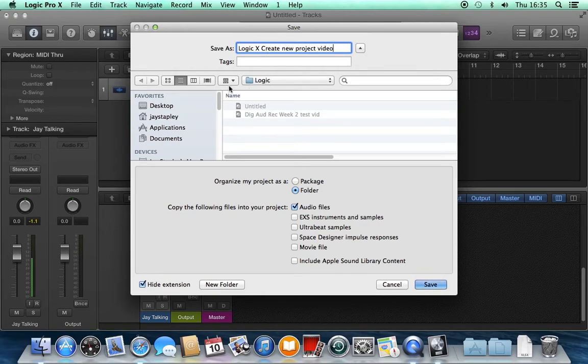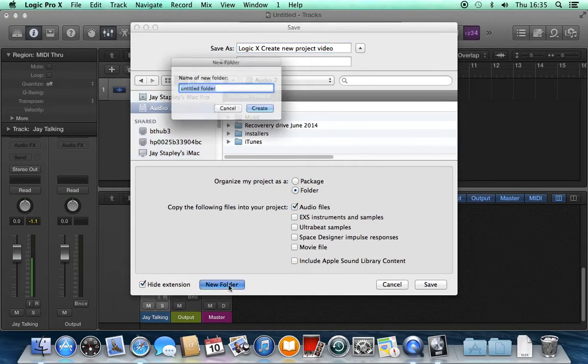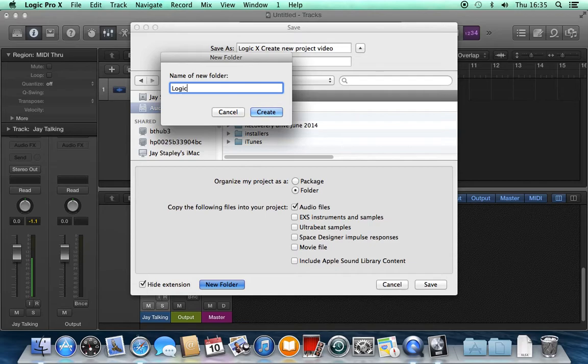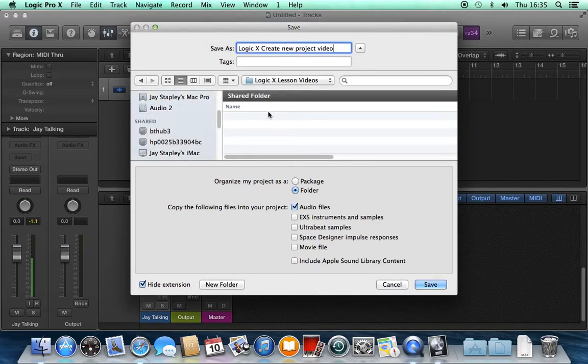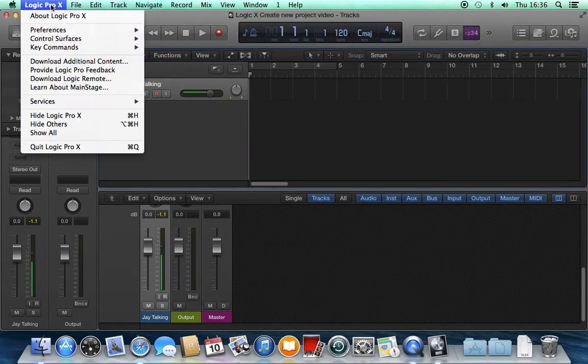And it says, where do you want to save it? I'm going to save it onto this drive, which is my audio drive, and I'm going to create a new folder that I'm going to call Logic X Lesson Videos. Hit Create. And then hit Save. You've got an option of organizing it as a package or a folder. It doesn't make a huge amount of difference. For the moment, leave it as a folder. Hit Save. Now, if I go and hide Logic,